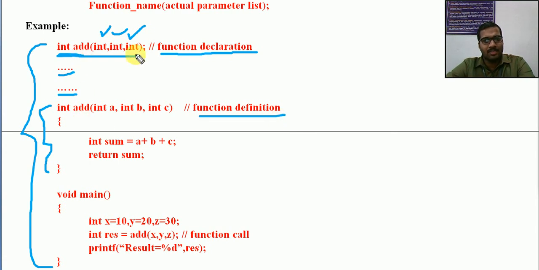Just exactly, we should follow the prototype here. Whatever is given in the declaration, we should follow the same prototype while writing the definition. Int, return type, we should use the same function name. Then here we need to have the formal parameters. For each we should have not only the type, we should have a formal variable also,